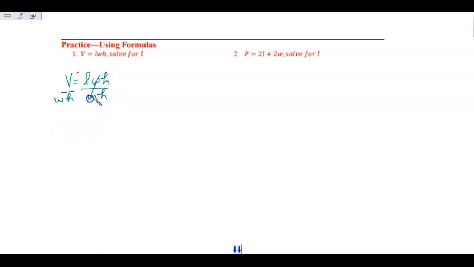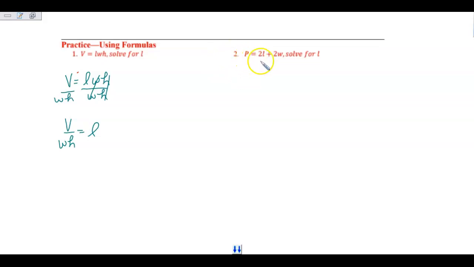So when I do that, the W's cancel out, the H's cancel out, and I'm left with volume divided by width times height is equal to the length. If you look at example 2,